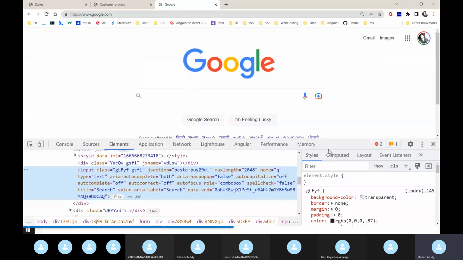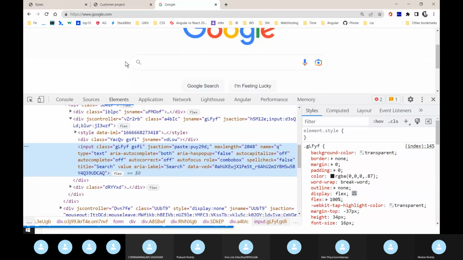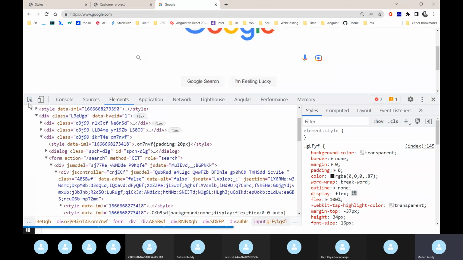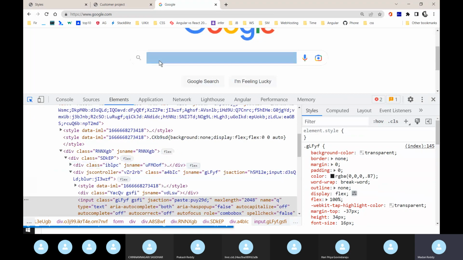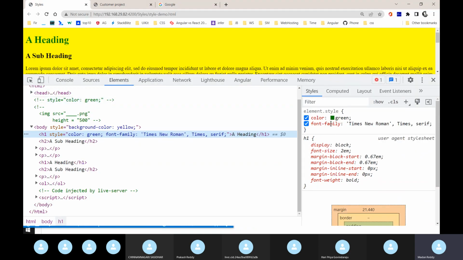If you see, the right-hand side has the styles. Right click, click on this mark, and mouse over to the particular element here and check it. What is the style of this one? What is the section of this style? Just try to understand exactly what this is. Tomorrow I will explain this. If I remove the green, if I try to apply something else